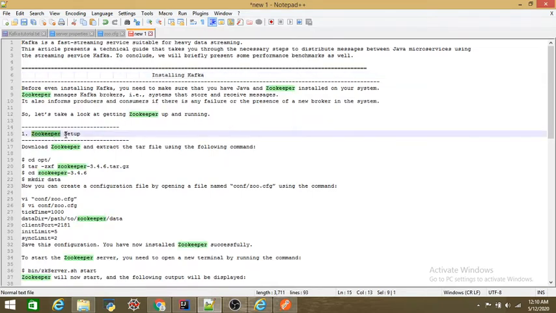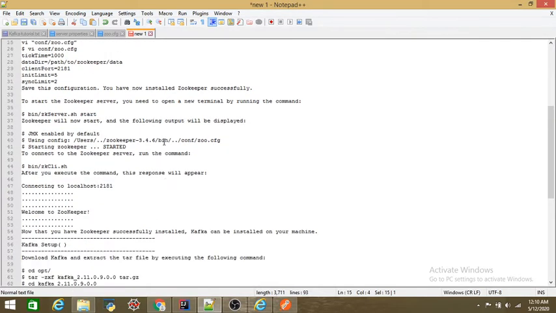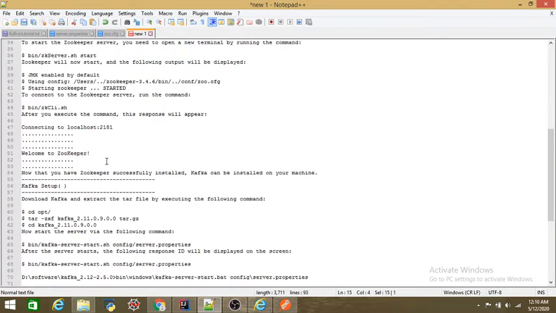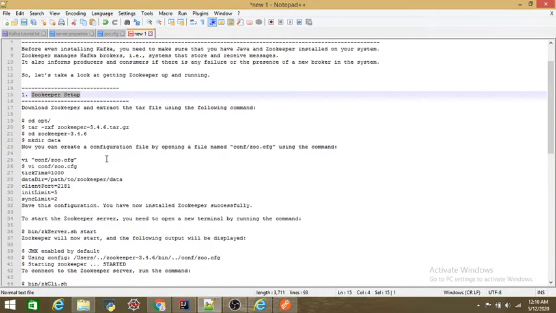So I'll be discussing how to install Zookeeper, followed by how to install Kafka, and then we'll do the path setup, followed by creation of topic and producers and consumer. So basically you will be learning through this tutorial how you can start working with Kafka in real time. So let's get started.